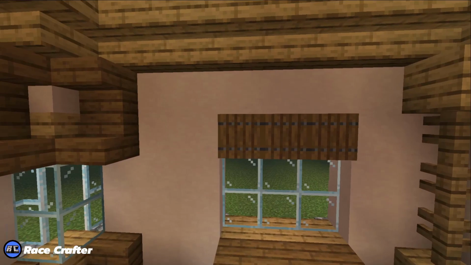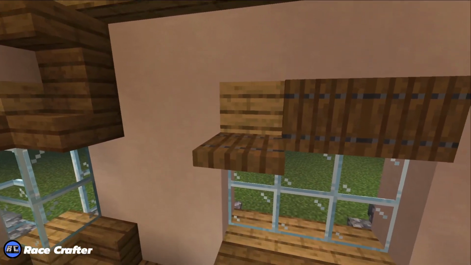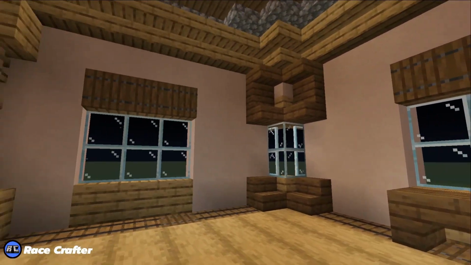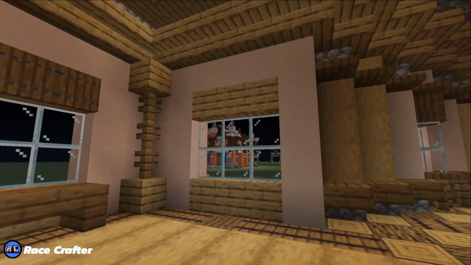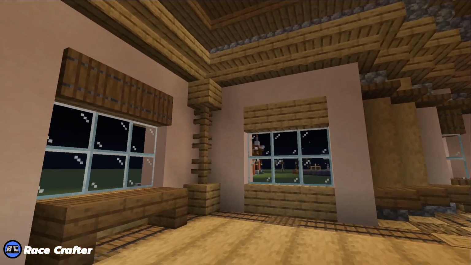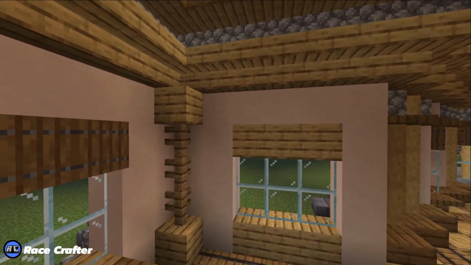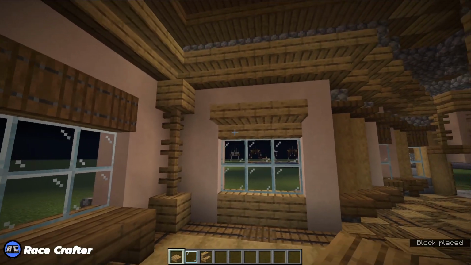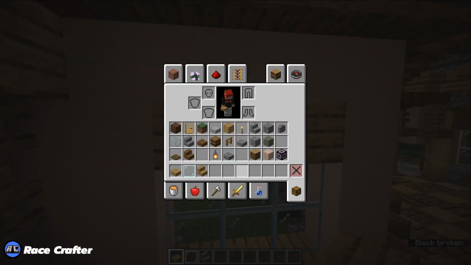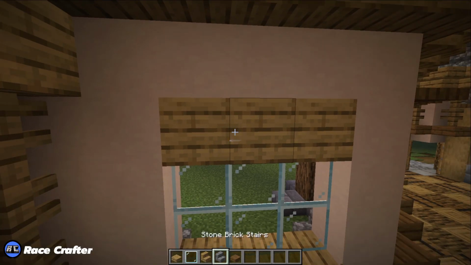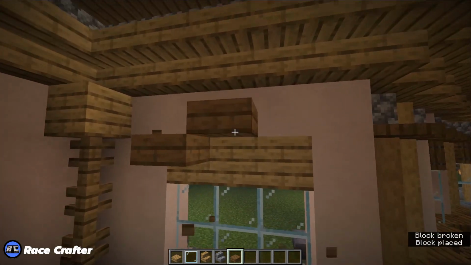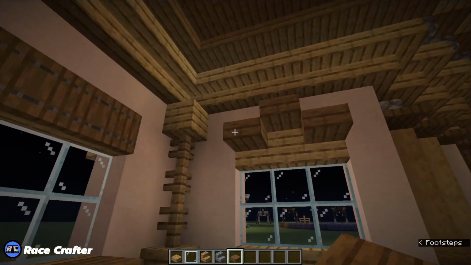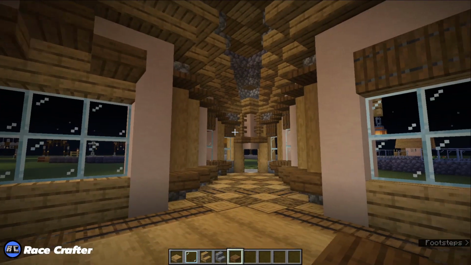And again, up here with the trapdoors, kind of hiding that connected texture there, and just enough of a thickness to create a little bit of interest and kind of break that up. Oh, I didn't do it on that one. But, you know, you don't have to do it on every single one. You could have done something different over here, like breaking up the color a little bit with spruce maybe. You can put it there, or put one up here, one there, kind of creating a little bit of an archway. Just kind of play around with different ideas and make it interesting, not so linear and not so